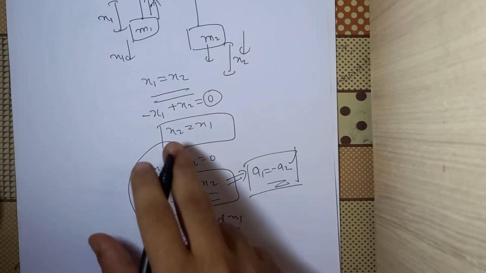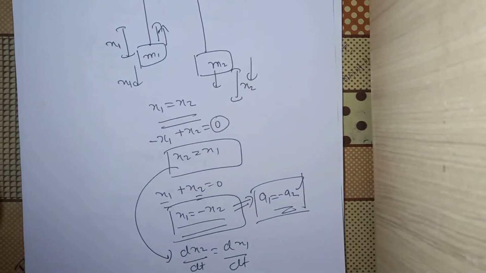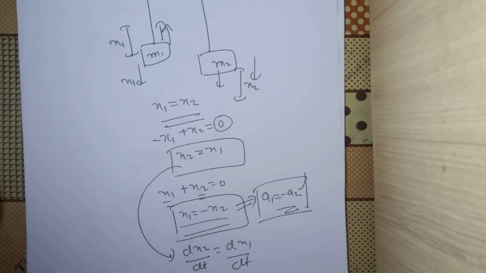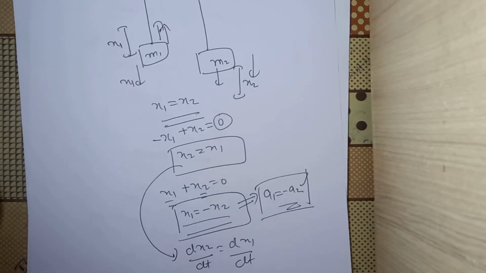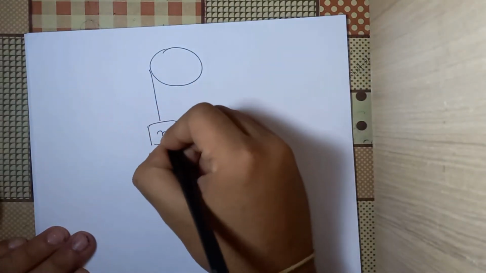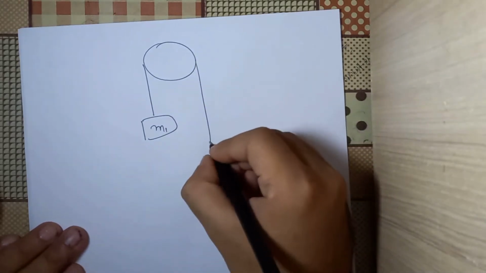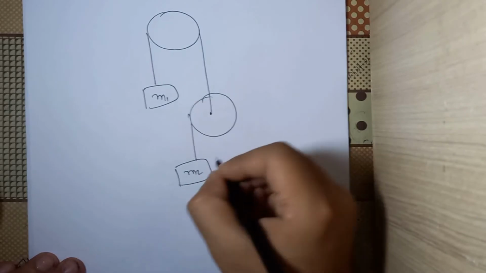Now how to develop such relations? Such relations are very easy to develop for a binary system, but when we add more pulleys and masses, these relations are a bit difficult to develop. So we'll learn a trick through which we can develop any relation, but let us now try to develop these relations for a complicated system also conceptually. So let us say that we have some system like this. So there is a pulley, then there is a mass m1, then through this rope, instead of a mass, now we have one more pulley, and we have a mass m2 and m3.